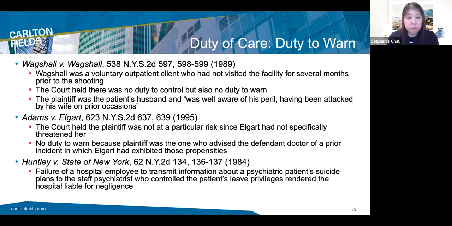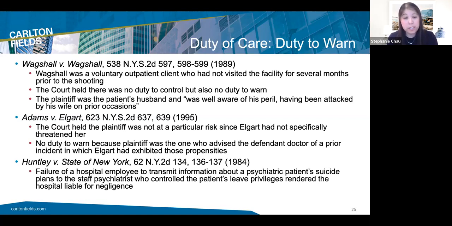The second case that I've put on the slide is Adams versus Elgart. There, the court held that the plaintiff was not at a particular risk since the patient had not specifically threatened the plaintiff, and the court held that there was no duty to warn because the plaintiff was the one who, again, advised the defendant of the prior incident in which the patient had exhibited the violent propensities. So again, where the plaintiff was already aware of the threat, even though it was a single person, there was no duty to warn. And in the third case, Huntley,